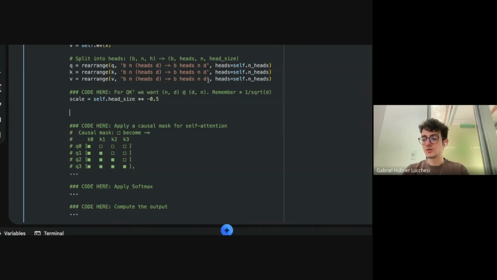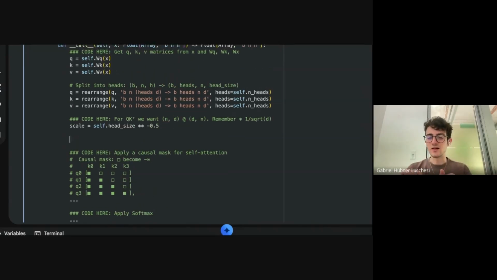Now we're going to do some rearranging just because we need to. You don't have to focus on this part. We're just going to rearrange the keys. Right now, if you remember, the shape is B, heads, N, D. I'm going to convert it to B, heads, D, N, just because matrix multiplication only operates on the last 2 dimensions. So if you have a matrix that has batches and sequence length, at the end what you're going to see is the 2 logical dimensions: how many tokens, and the size of each embedding for every token.